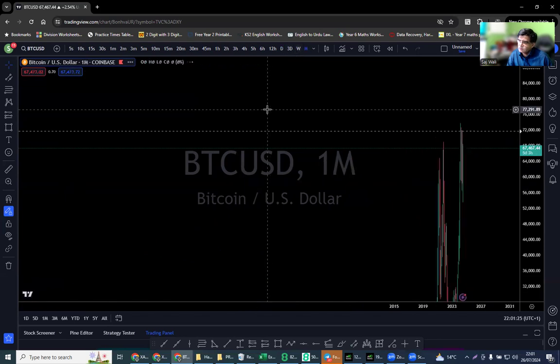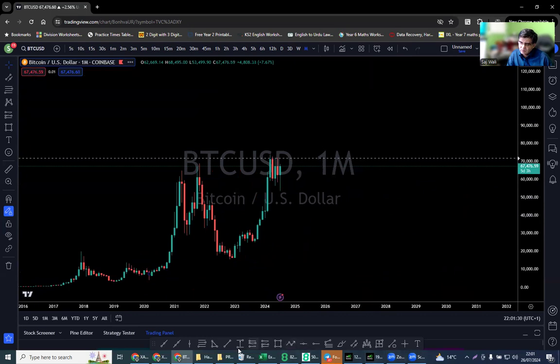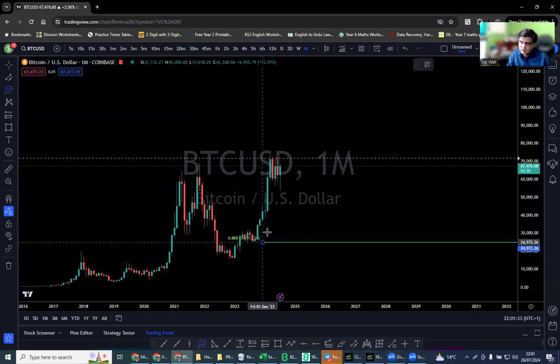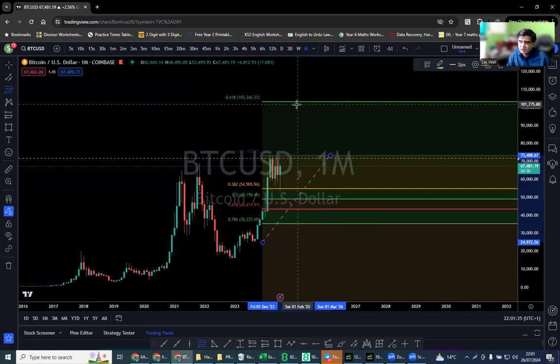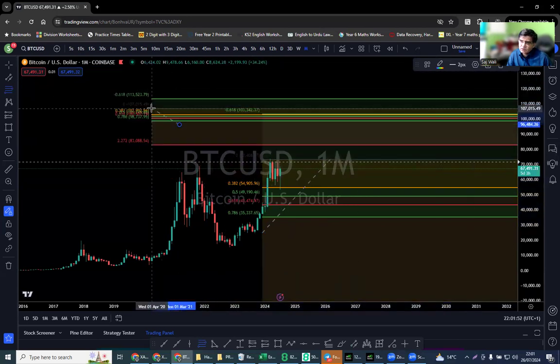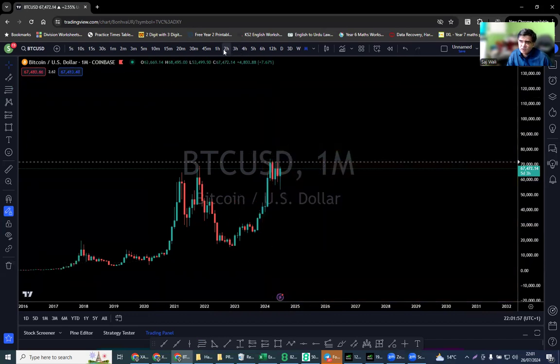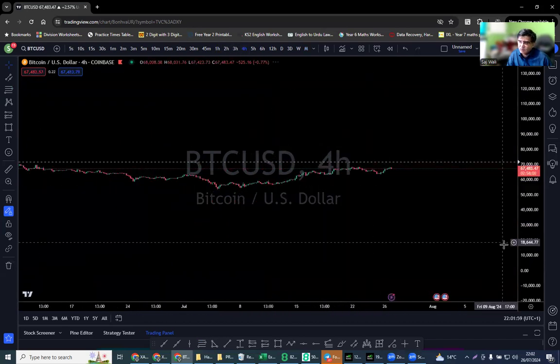But if you use Fibonacci, then there are different ways you can look at it. I mean, if you use Fib here, yeah, then look, even Fib is nearly 100,000, the 0.61 level. So that's it. This is a quite straightforward analysis, and even to take small entries, you can use small 1 hour, 4 hour,